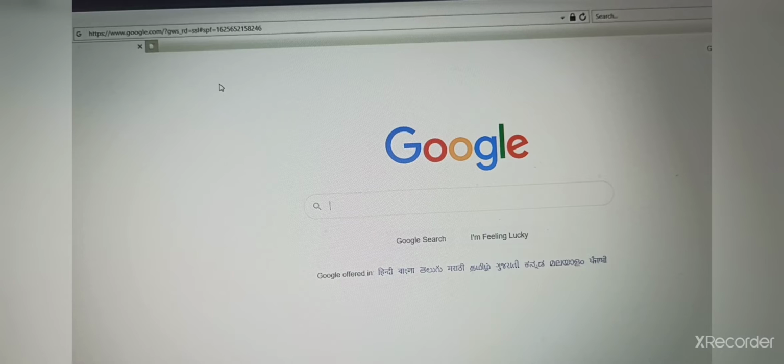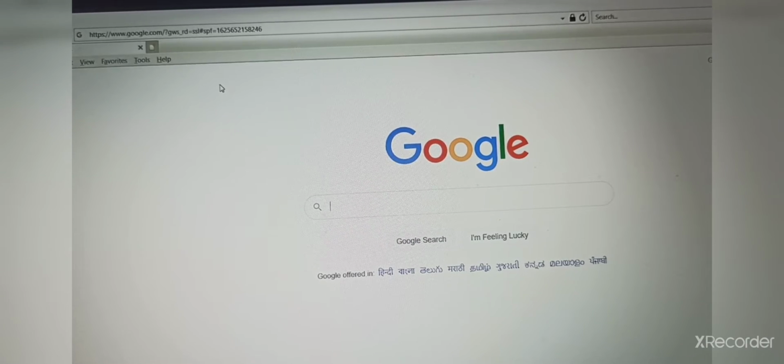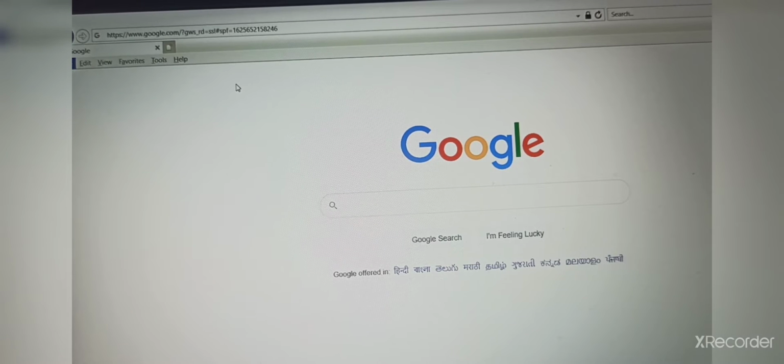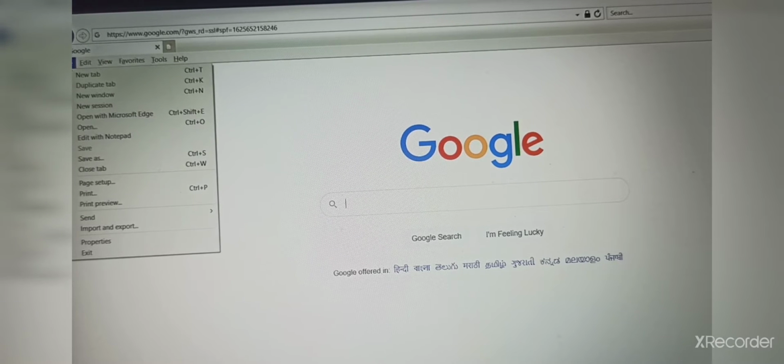Okay, now we will see displaying a web page in a web browser. Here we have opened a Google web browser. Now when we click on Alt, you can see that a menu will appear. In that, click on File and then click on Open.